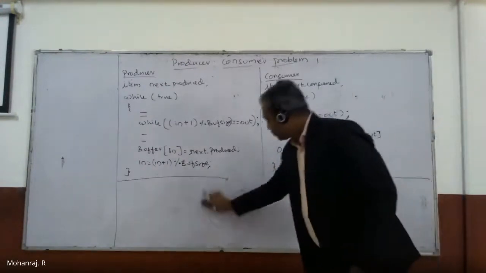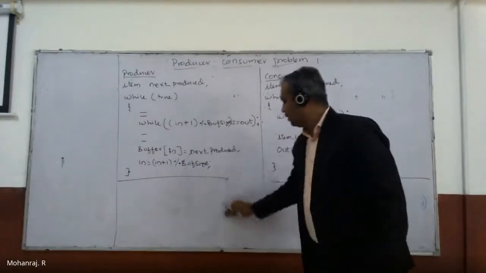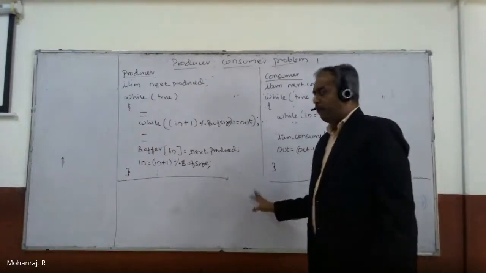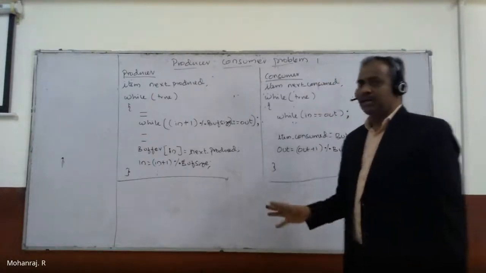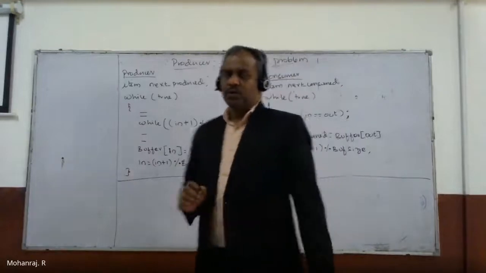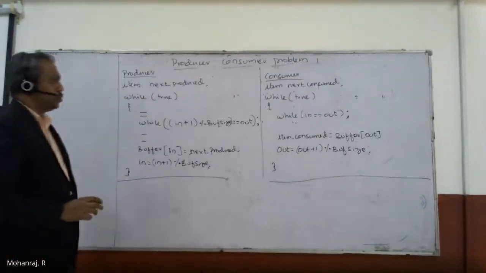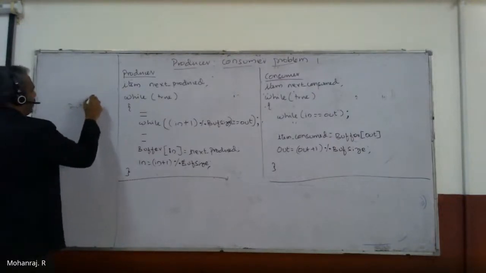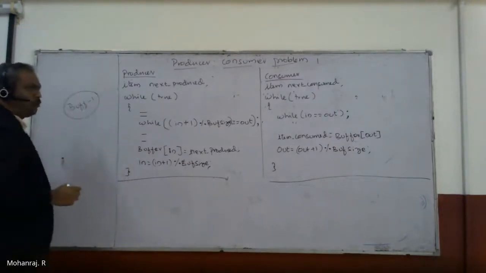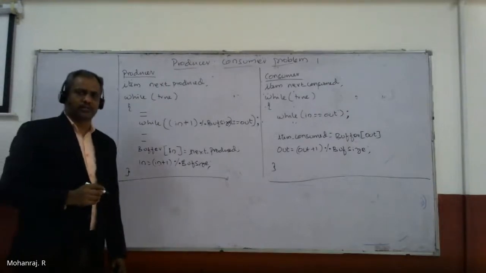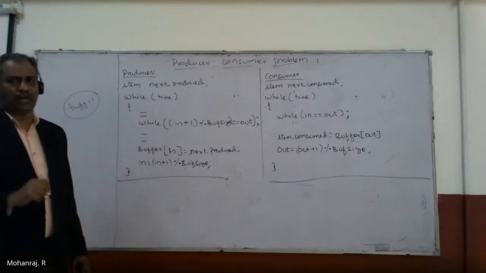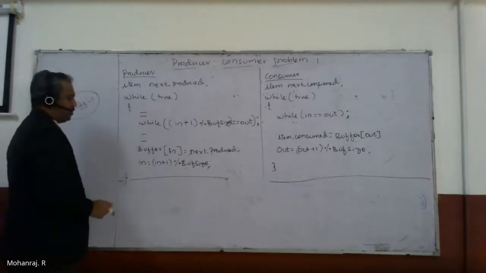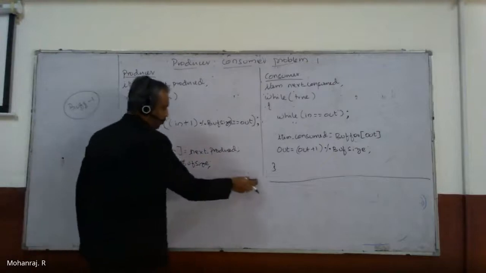So now what problem may occur in this? First of all, the problem is that we wanted to make this program utilize the complete buffer size. But as I said, it is going to use only buffer size minus 1. Though the buffer size is 10, it can utilize only 9. It can accommodate only 9 items. Say if you want to change this program to